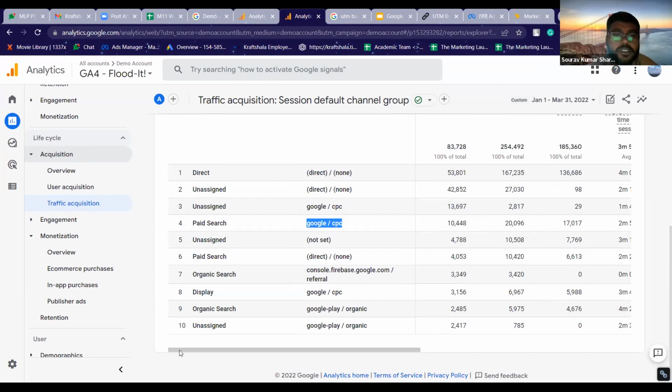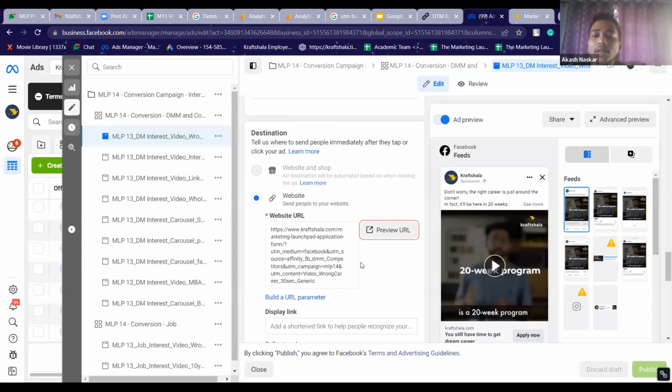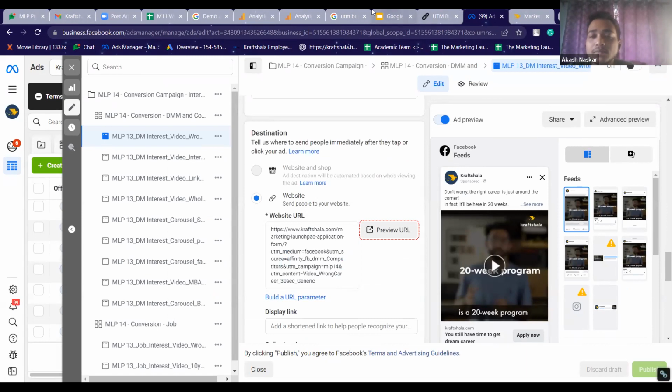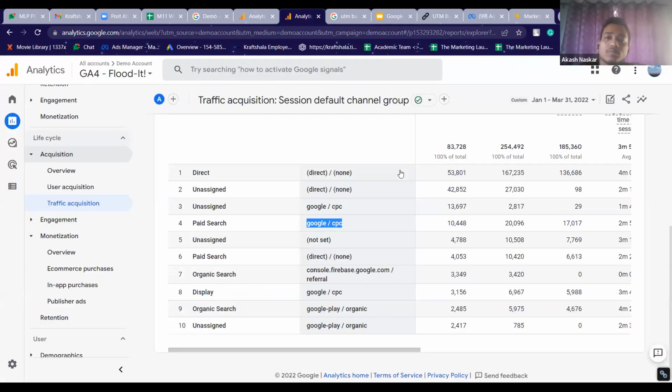Okay. So these UTM parameters, we upload this on the Facebook platform on the ad? Yes, exactly, on the ad landing page. Once you're on the ad platform, you have to enter a landing page, right? On what landing page you want to run the ad. Here you will put the landing page URL with the UTM parameters. The same is true in Google search, and in Google video, display, everything.